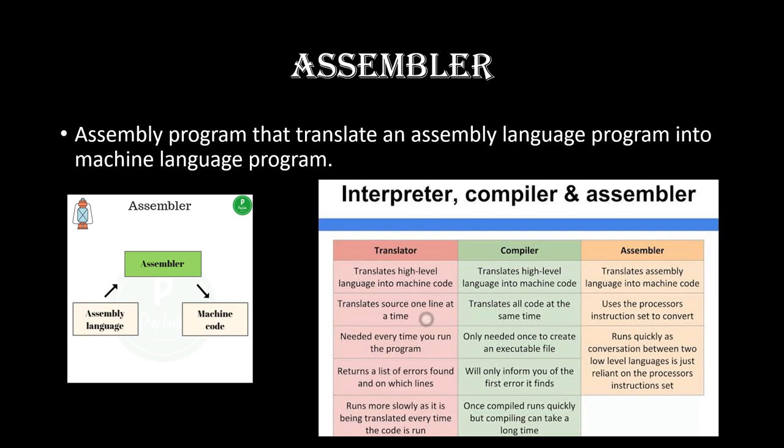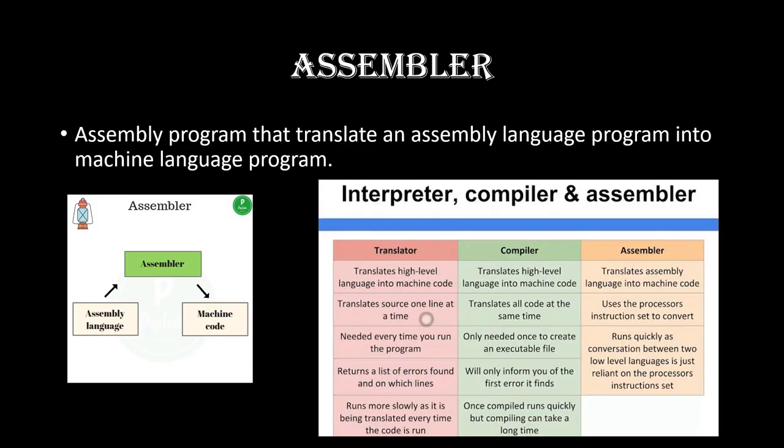High-level language, machine code, what do these things mean? High-level language means our language. Our language is what? English, right? This language is the high-level language. Why do we say this? Because the machine couldn't understand our language. For the machine, our language is very high. Machine can only understand the language of 0s and 1s. So the translator converts our language into machine language, then the machine can understand.